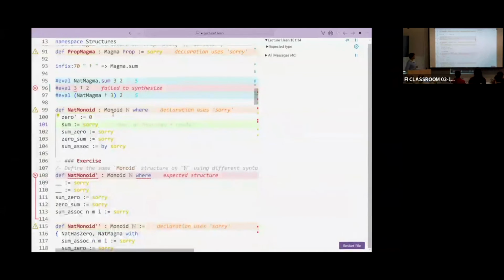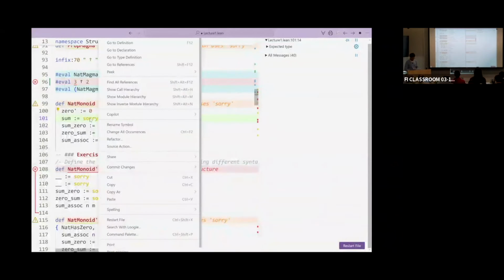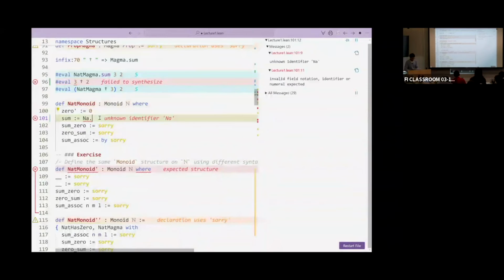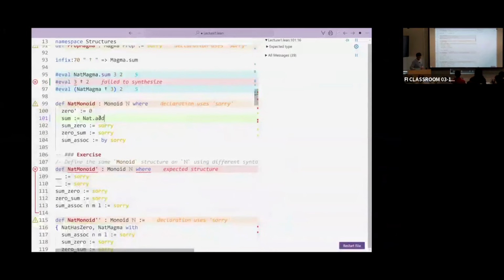But you can very well, I guess, imagine this will be somewhere in the library. Perhaps let me just use the first thing here. If I want to define a monoid structure on N, I need to give myself a 0, and I need to give myself an addition, so I can do Nat.add. So this is a map. It is a binary operation.